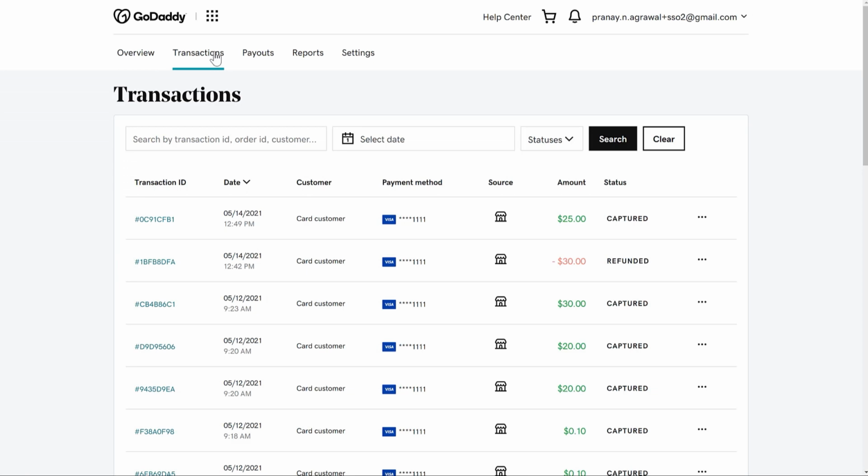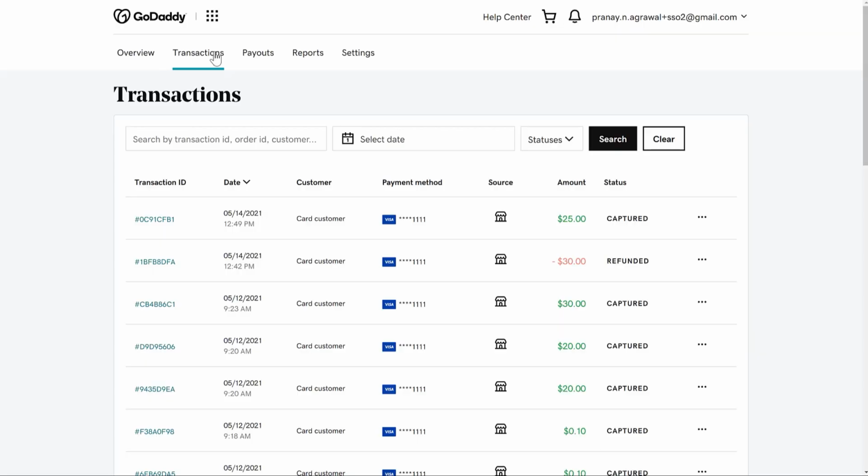Before I show you how to issue a refund, let me explain the difference between void and refunds. If you haven't been paid out for the order yet, void will be an option that you can use so your customer doesn't get charged and you won't pay any transaction fees. If you have been paid out, then you'll see refund. The good news is we make it easy for you to know which option to use.